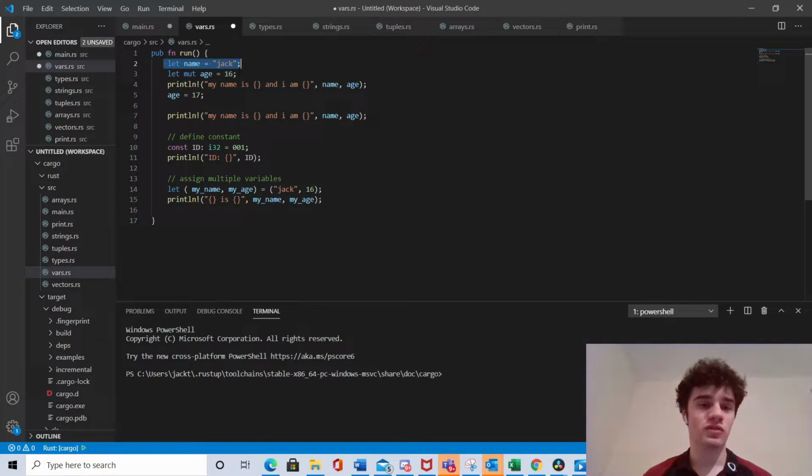Okay, and on the second line we have let mut age equals 16, where mut means mutable, which allows us to change it later on, as I've shown here. So age equals 17. Println exclamation mark is just another way of writing println or whatever. However,